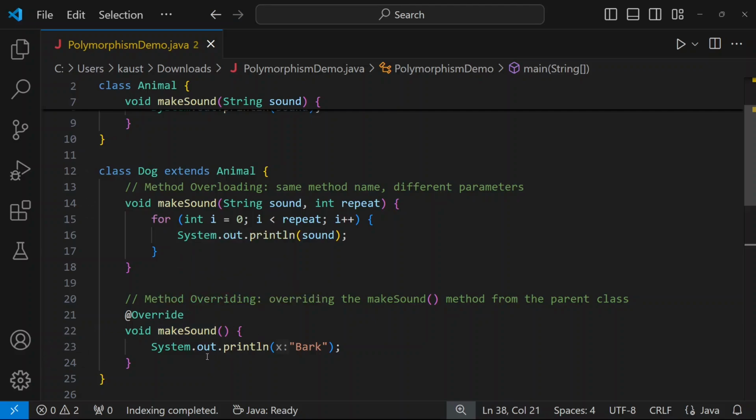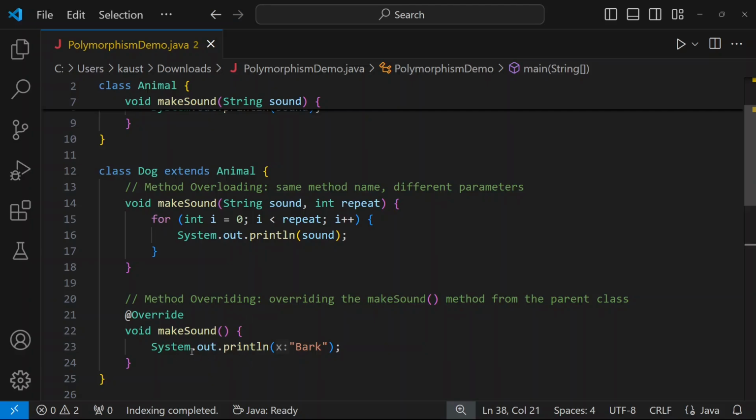Now this is called runtime polymorphism, because when there is a call for makeSound wherever in the program, if some other method, let's say the main method or any other method, calls makeSound without any parameters, it is impossible for the compiler to resolve or bind a particular method call to the method body,